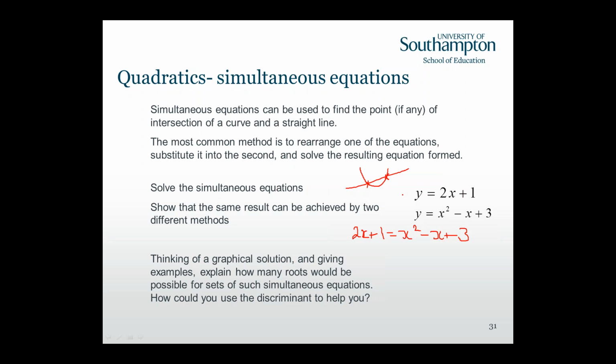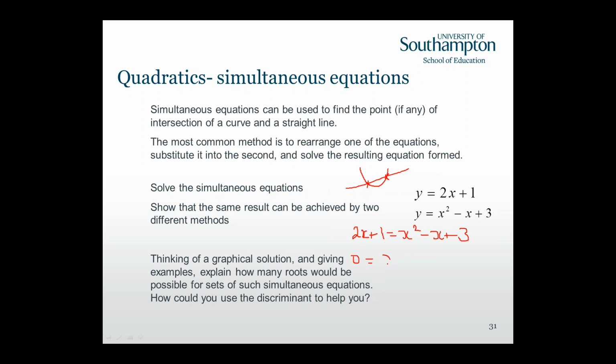Has anyone come across the use of the discriminant before? No. Fair enough. So, the use of it with simultaneous equations is very much the same as when we were just looking at the crossing, the touching, or the floating graph. It's exactly the same with this, because if I take it all over to one side equaling 0, for example,